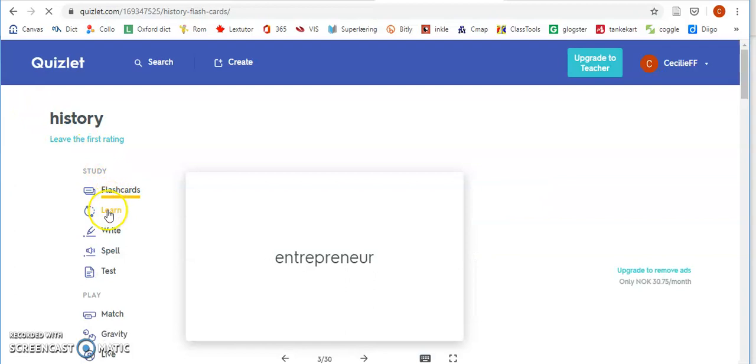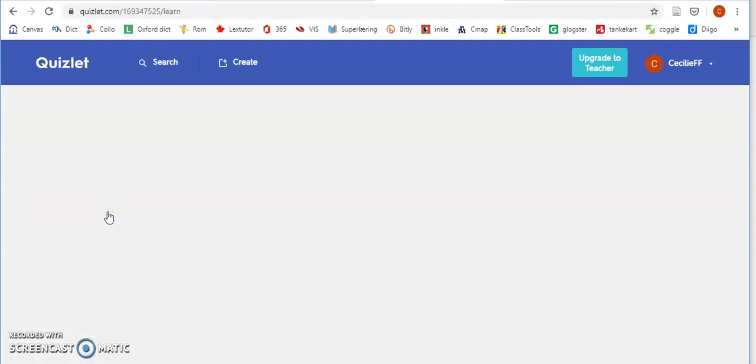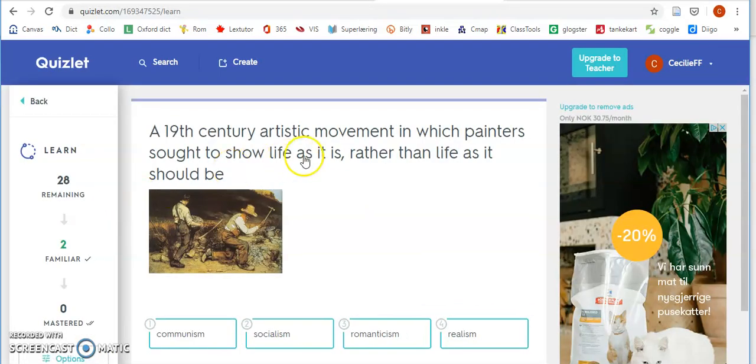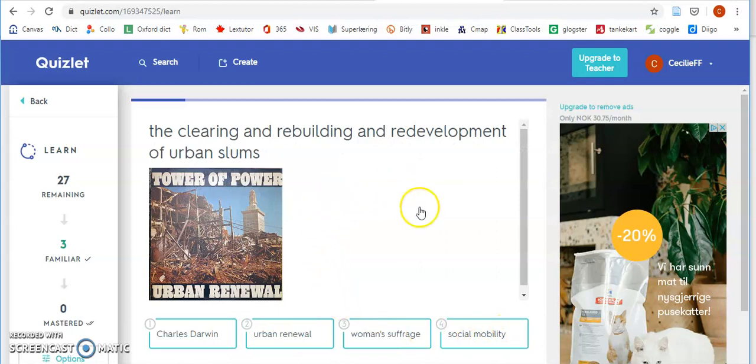And then I can just say learn. And again, it's the same words, but here I get the definition, and I have 4 alternatives. Painters sought to show life as it is. I'm going to go for realism on that one, and you see I got correct. Moving on to the next one. So that's the learn